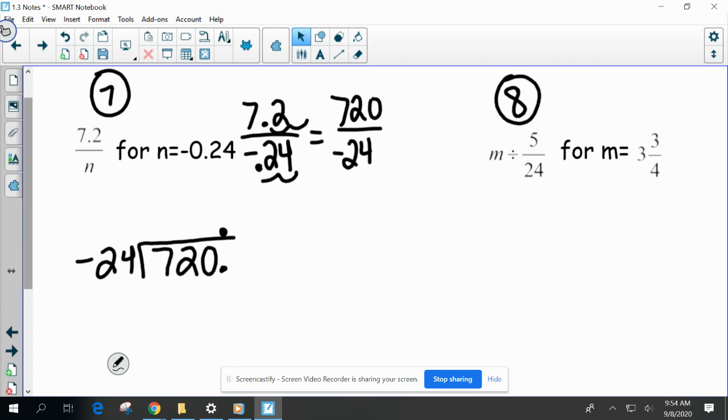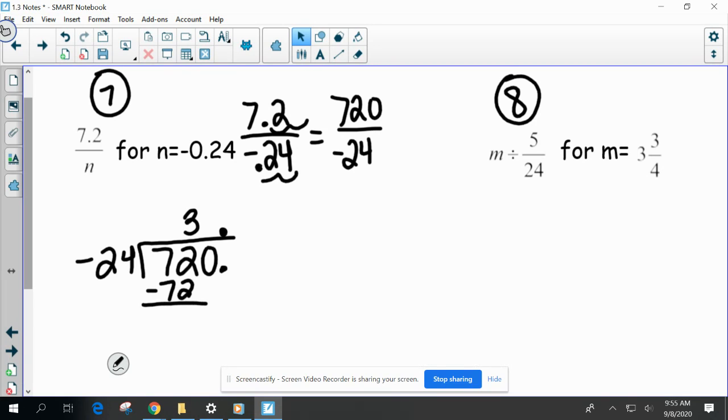Okay, so starting off, 24 goes into 72 how many times? I heard 3. What do you deal with in everyday life that's 24? Hours, right? So you should know a lot of the numbers associated with 24 because there are 24 hours in a day. So 24 goes into 72 3 times, and 3 times 24 is